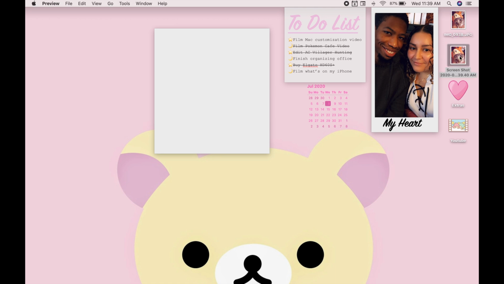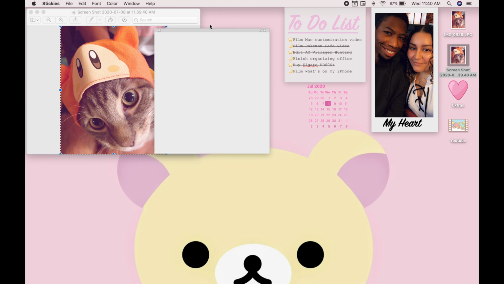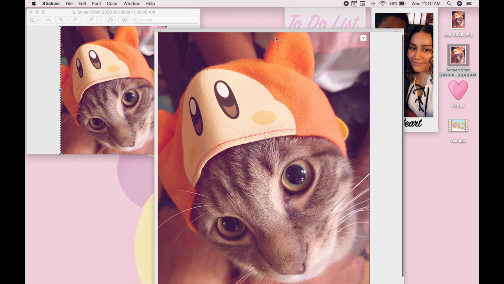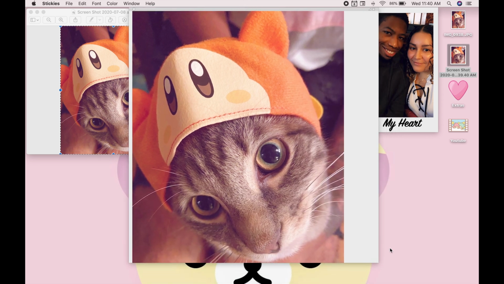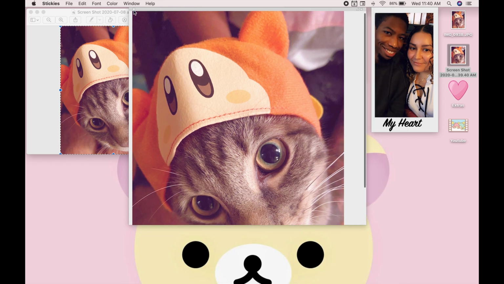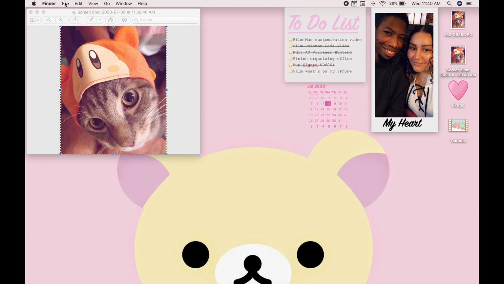So what I'm going to do is open my screenshot and copy it. So Command A to highlight it, Command C to copy, click on your post-it and hit Command V. And so we see what happens here. It makes it huge and it just doesn't make it smaller at all. I'm not sure why. I'm going to try it again and see if I can figure it out with you guys,